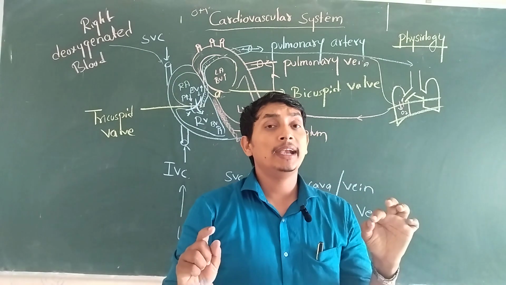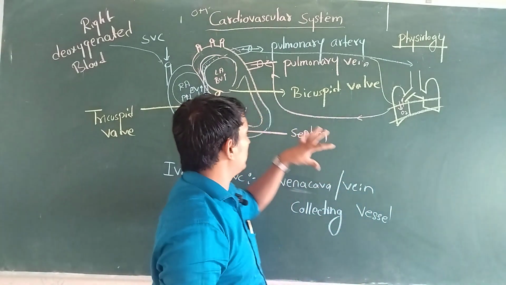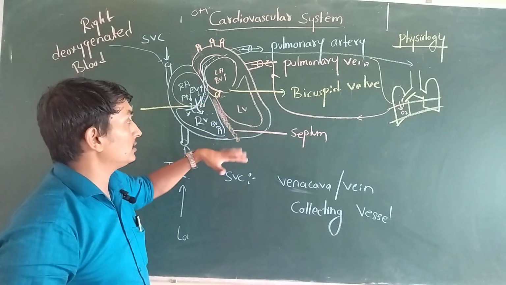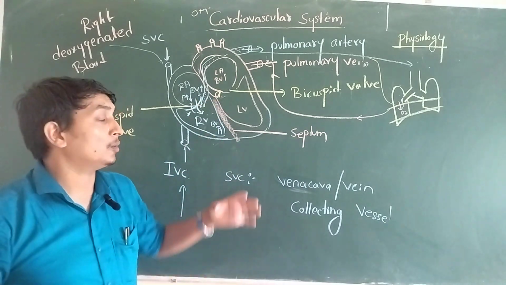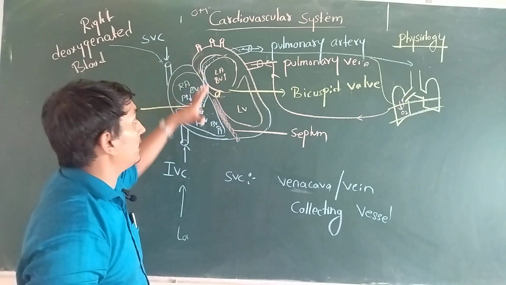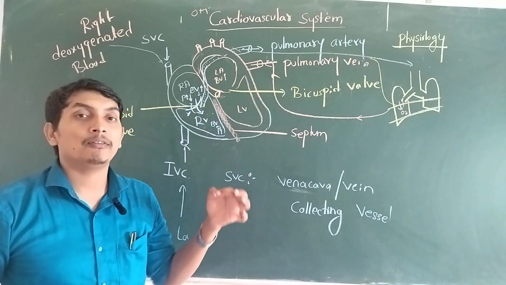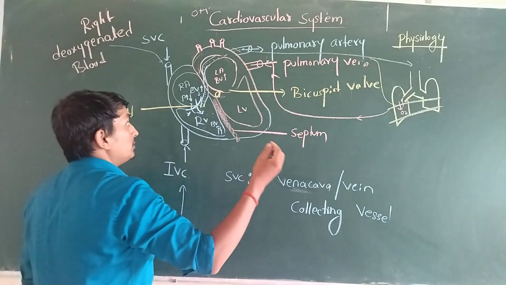So always remember both atriums are contracting at the same time. So blood moves downward to the ventricle. Now the ventricle is relaxing, so the ventricle receives the blood. After the contraction is over, our ventricle starts contracting. When our ventricle starts contracting, our atrium starts relaxing. So now you can see in the left atrium, blood is filled from the pulmonary vein, and blood volume is increased. Now our atrium starts contracting.